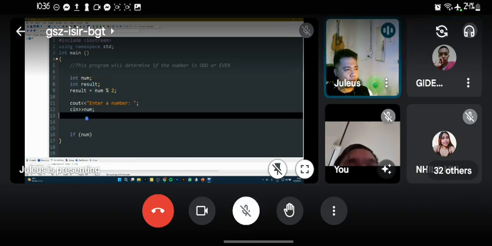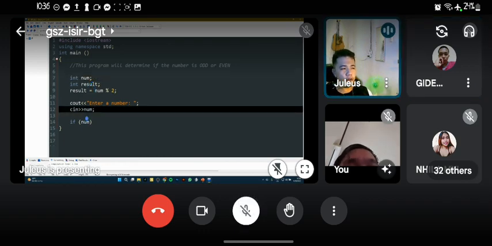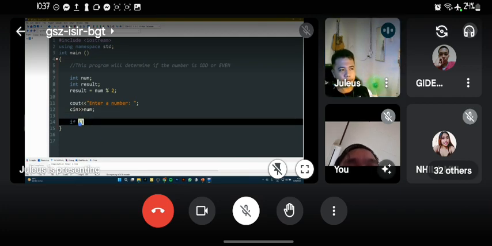Now that we have computed the modulo, how do we set the condition here? If result is not equal to 0, or we will use equals, if it equals 1. Again, if you use equals, it should be two equal signs.